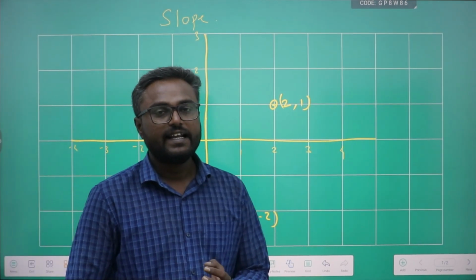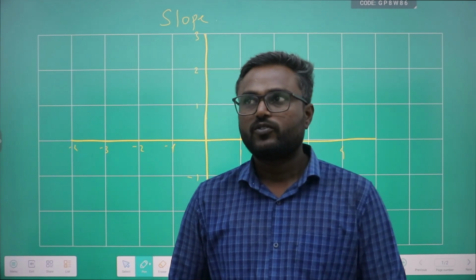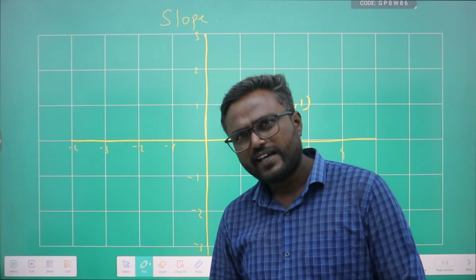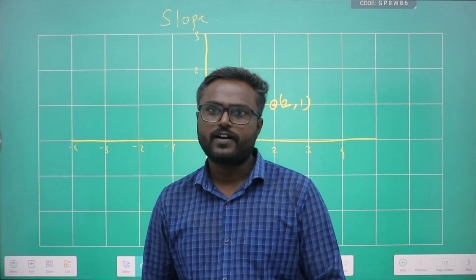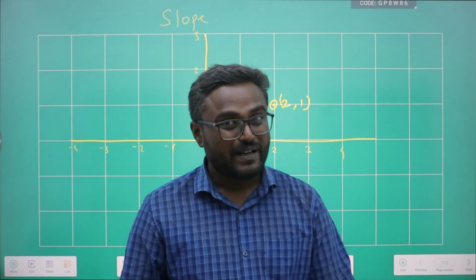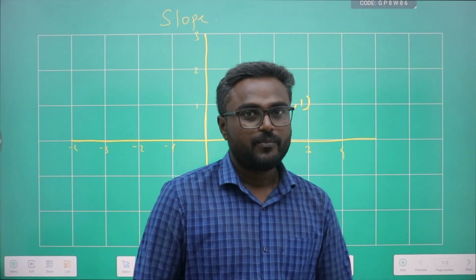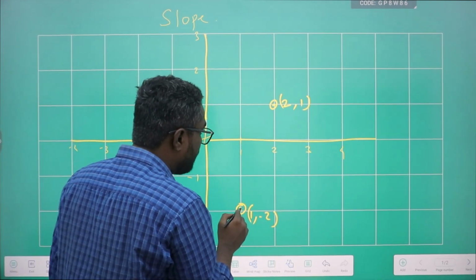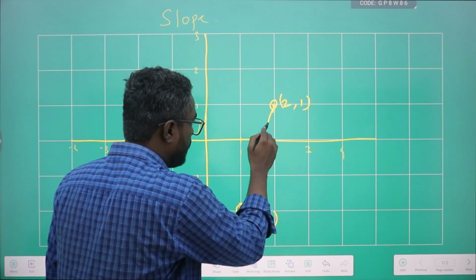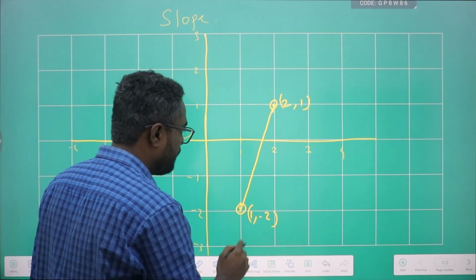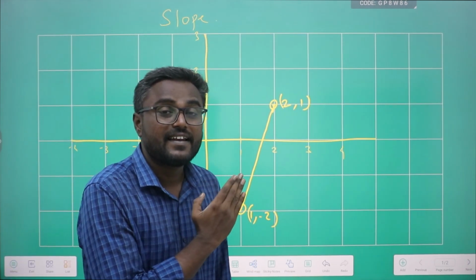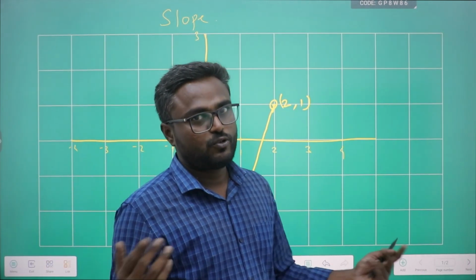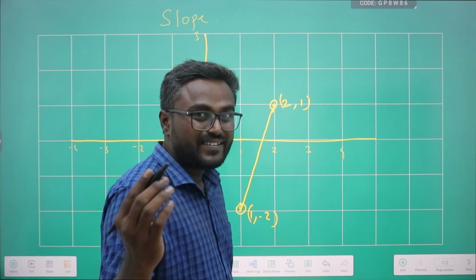So while finding the slope of the line, there are two ways of doing it. We can either use the formula or we can use the method of rise over run. First thing, I'll explain what a slope is. Basically, slope is nothing but the inclination of a line. So let me connect these two points over here. The inclination of the line with the horizontal axis is nothing but the slope. So slope is nothing but